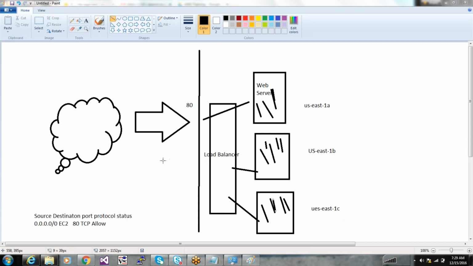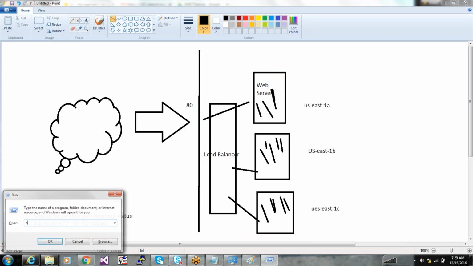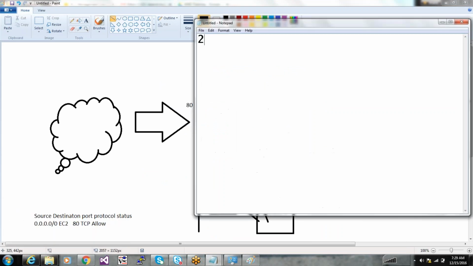So what we will be doing tomorrow, we will be creating virtual machines. Let's say we'll create 2 VMs.